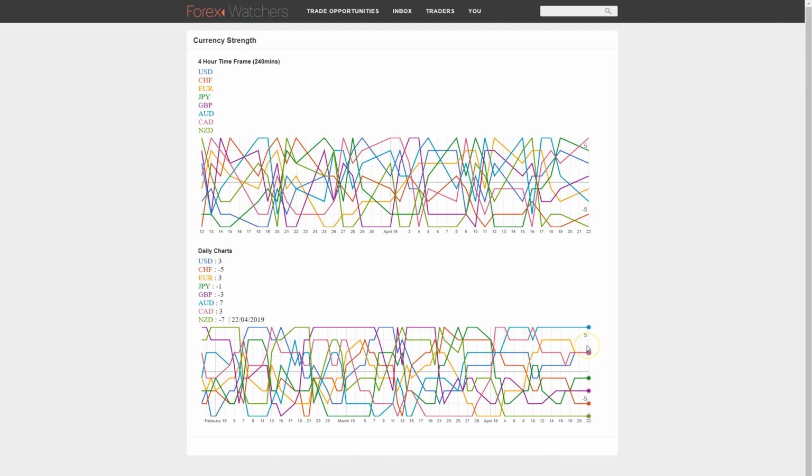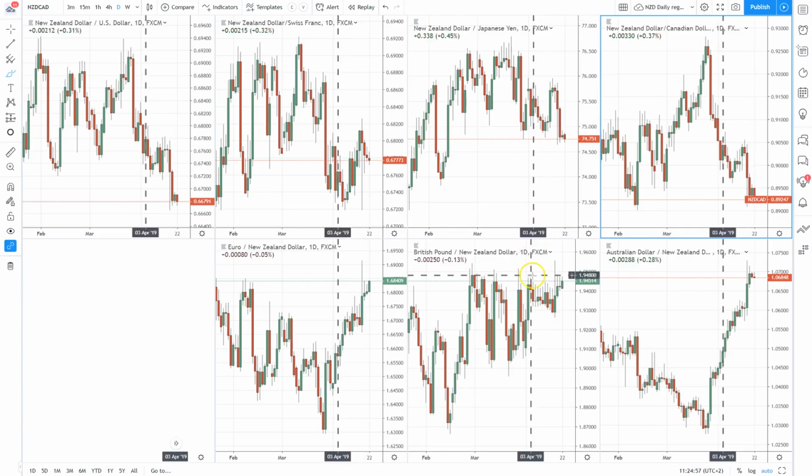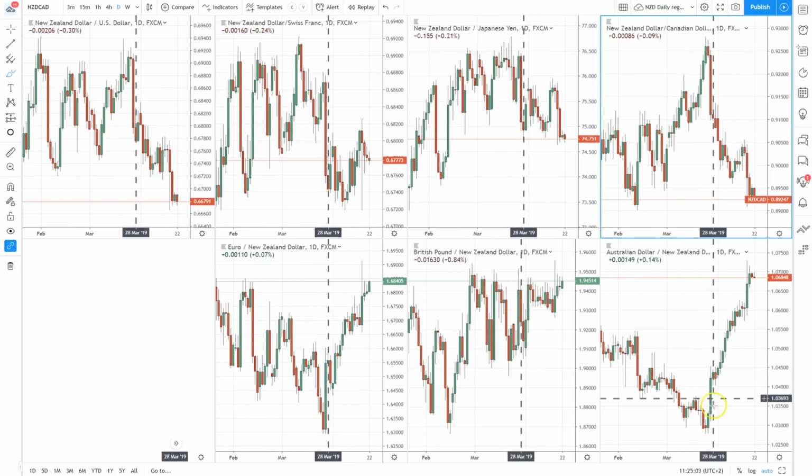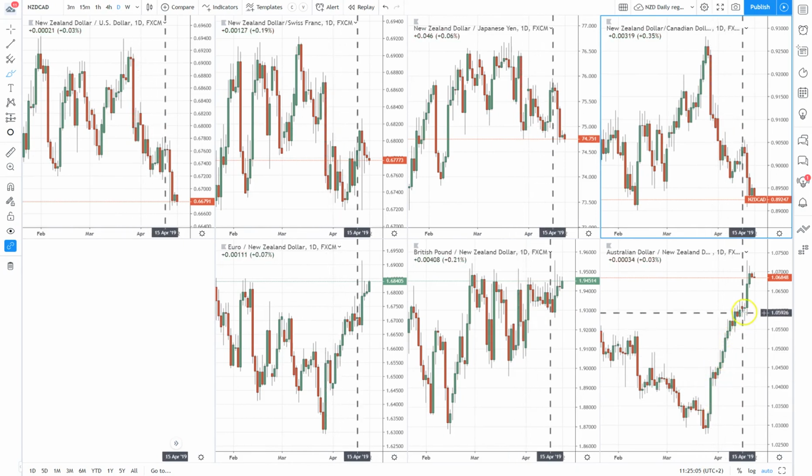Let's have a look at the most recent numbers. New Zealand super weak, USD neutral, Aussie very strong, New Zealand very weak. So let's have a look at Aussie New Zealand. Let me go to the New Zealand group. So Aussie New Zealand here, we know that Australian dollar is very strong and New Zealand dollar is very weak,